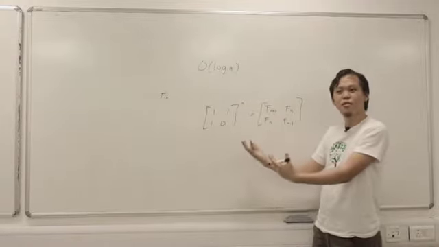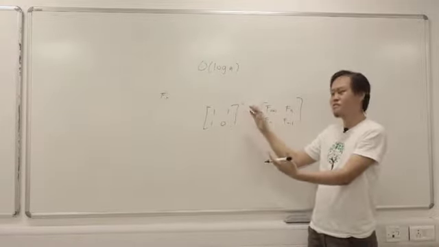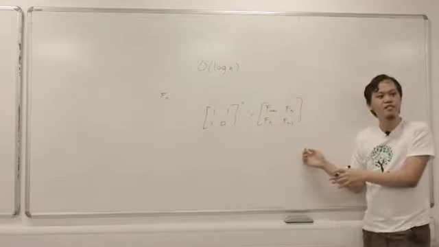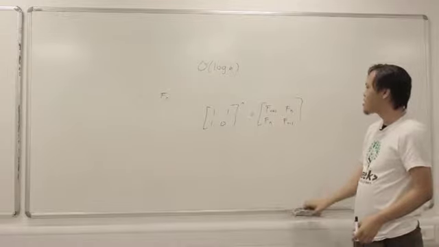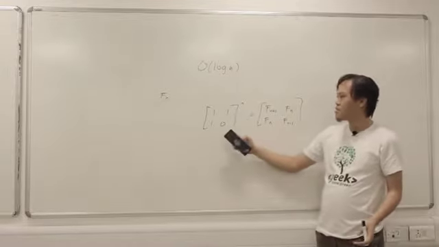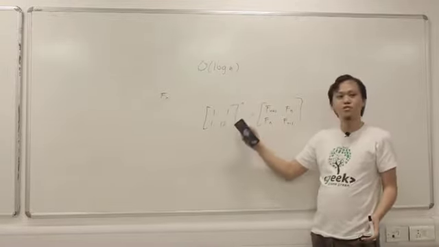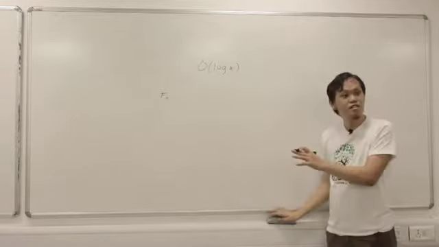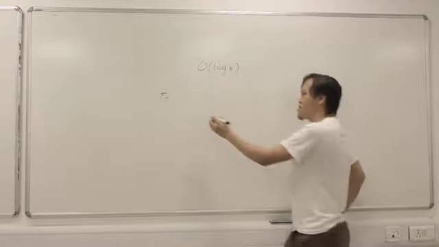You just repeatedly square if n is even, and if n is odd, just multiply it once, and then it becomes even. So our goal is actually to compute linear recurrences, which is a generalization of the Fibonacci numbers. So a linear recurrence is